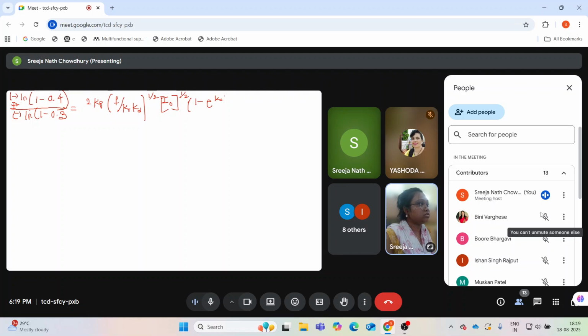Ln 0.6 will be 0.51, I think it will be minus, and minus 0.356. This will give you I 0.4, I 0.3 whole to the power half, and it will give you